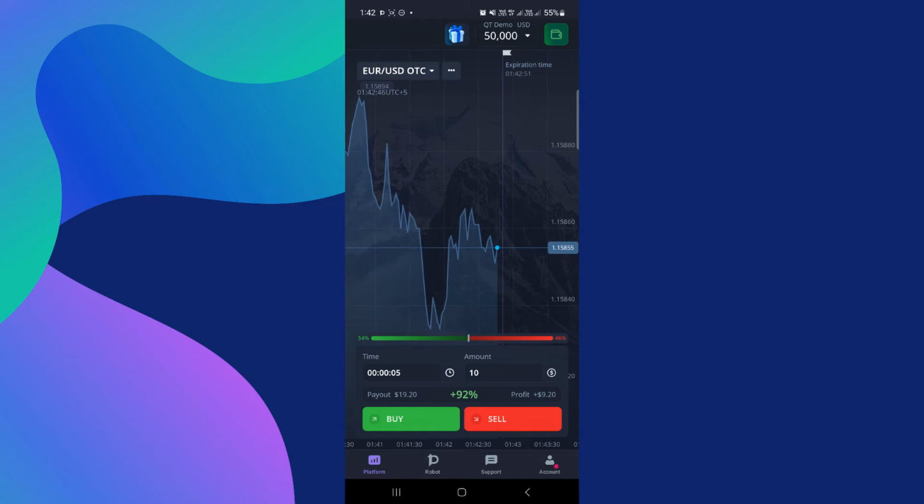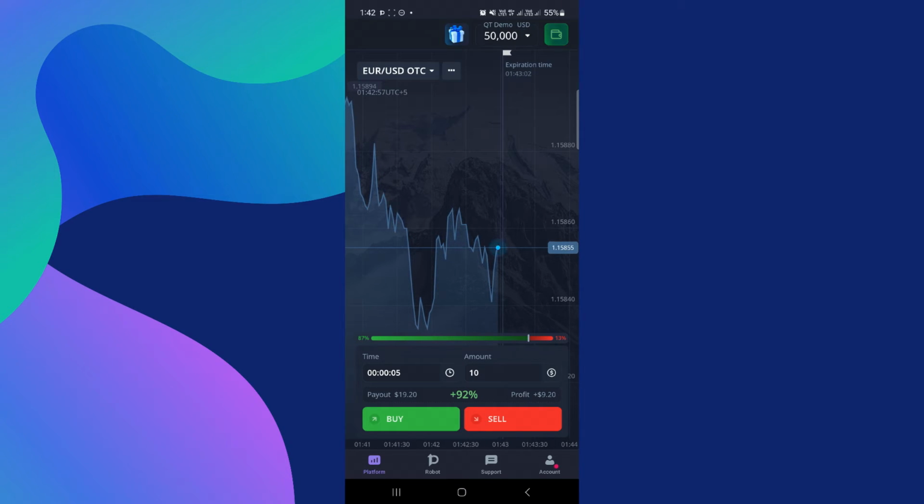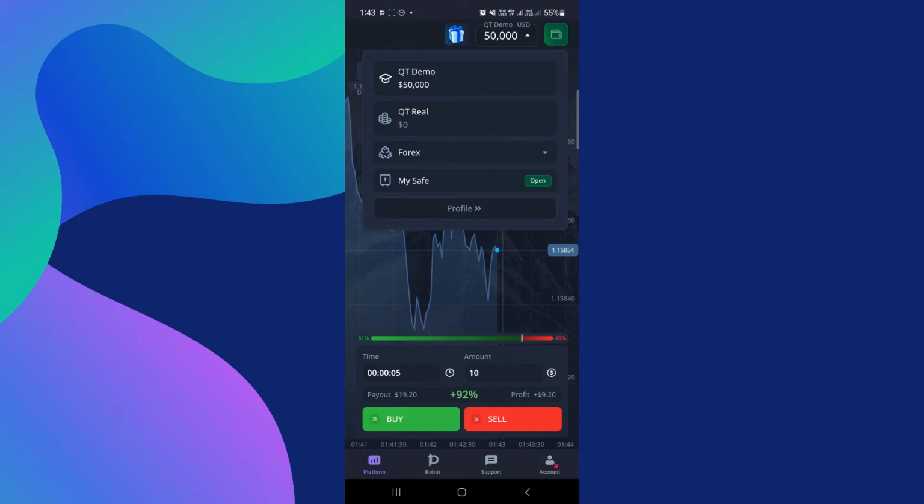When you log in, you'll see a demo account that comes preloaded with a virtual balance of $50,000. This demo feature is extremely helpful for beginners as it allows you to practice trading without risking any real money. You can try out different trading strategies, learn how the bots work, and become familiar with the platform's features before